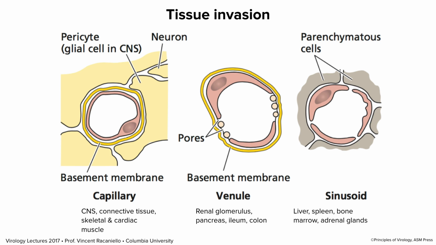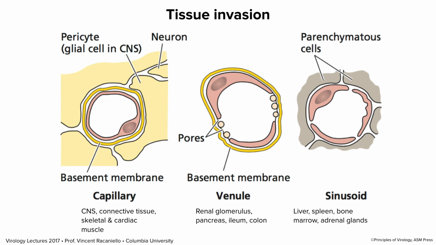And finally, in some tissues like the liver, there really are very few barriers between viruses getting out of the lumen of the blood vessel. So here we have three endothelial cells making up the lumen of the blood vessel, but they're not even joined together. And right outside of them, there's no basement membrane. If this were the liver, these would be hepatocytes. Now, this is designed this way for a purpose, because the liver has to be taking up material and detoxifying it and so forth. So it's a very easy target for viruses, and hence we have a lot of viruses that can replicate in the liver.